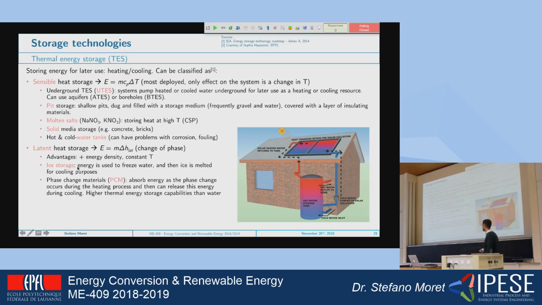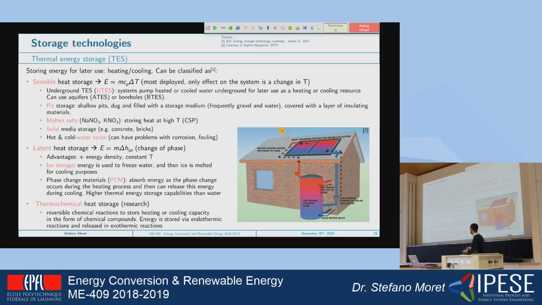In general, this goes under the category of phase change materials, which are materials you use because you want to store energy. During the heating process, they absorb some energy and undergo a change of phase in one direction. Then when you cool them down, they have the change of phase in the other direction, and they release energy. The third category, more at the research phase, is thermochemical heat storage, which basically means you can have chemical reactions